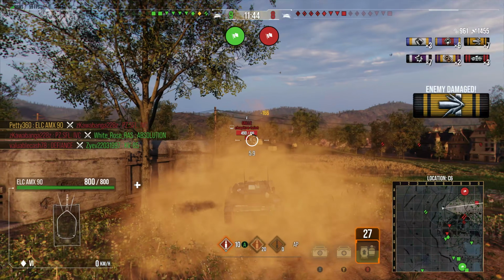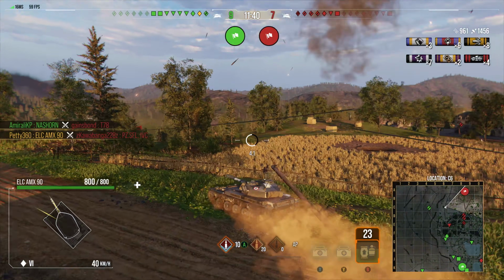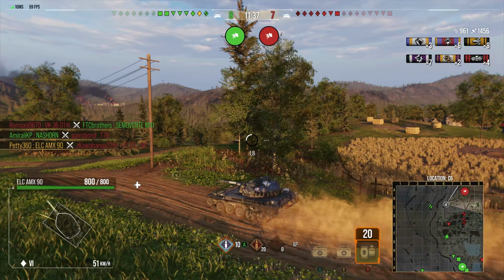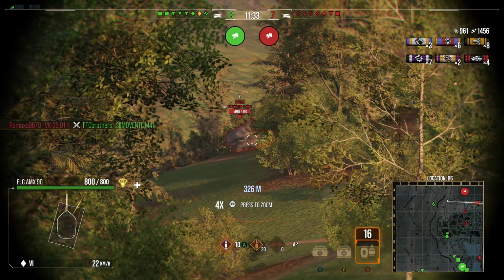So we get up on top of the ridgeline, put the shot in straight towards the Death Toaster, and we shut him down. Now we know where the other artillery is. We're going to, again, get into a position where we can spot the artillery, aim up the shell,